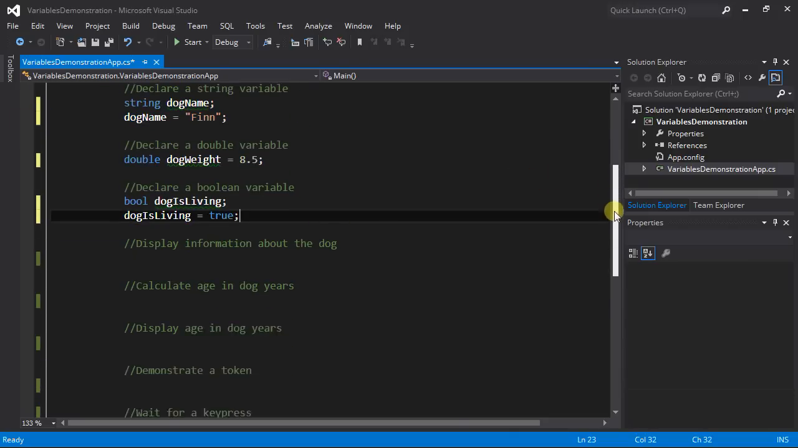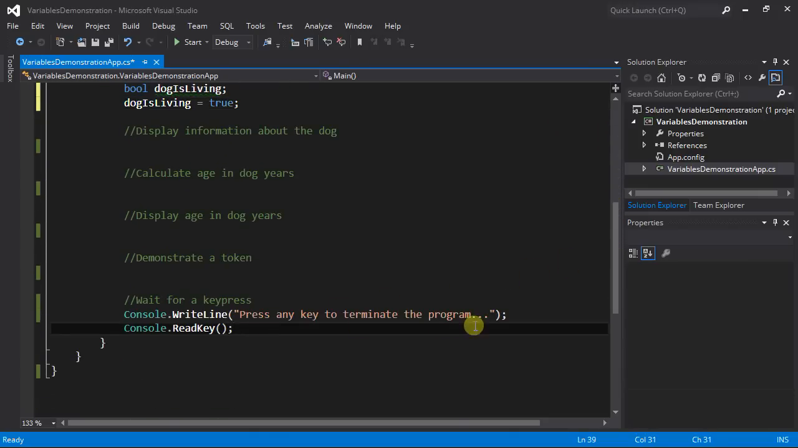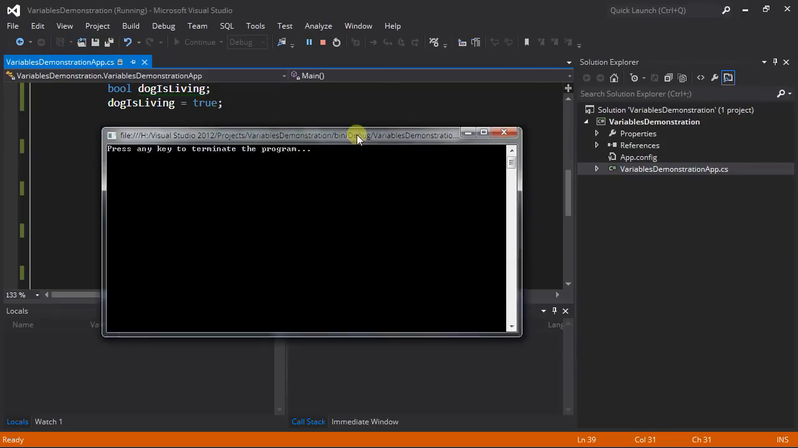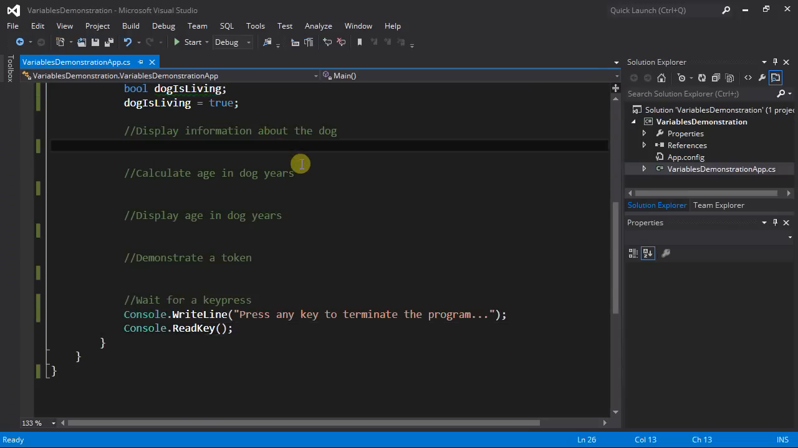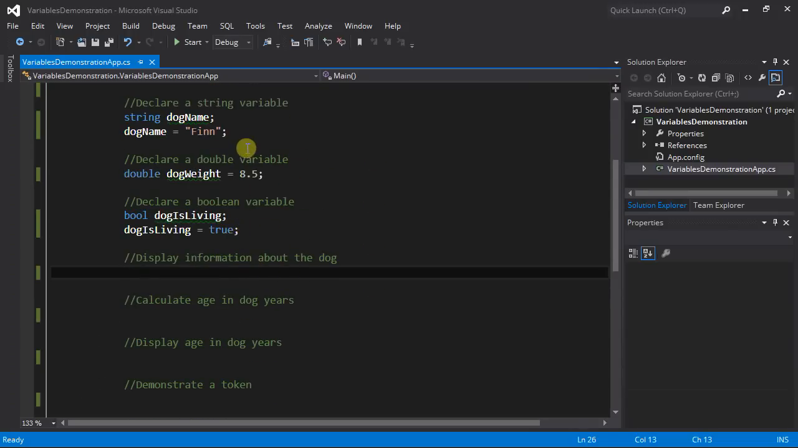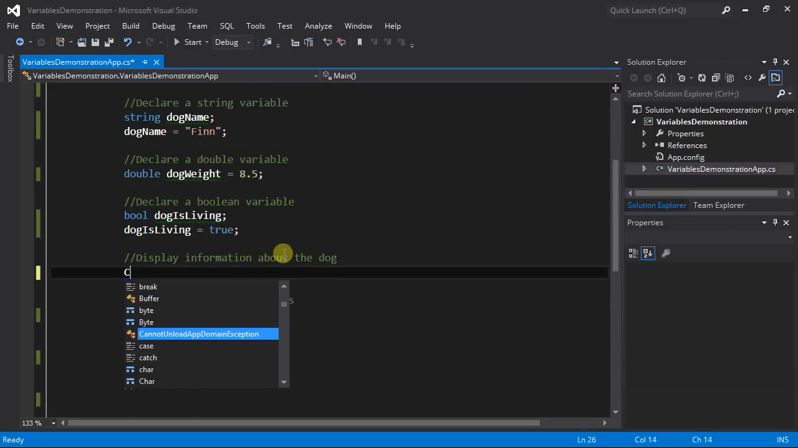And down here at the bottom, I didn't show you this before, but all I'm doing is waiting for the user to press a key to terminate the program. I prompt them with this Console.Write line, and Console.ReadKey is waiting for the next key press on my keyboard. So when I run this, I wrote all those lines of code, but nothing's showing up yet. And that's because declaring variables and assigning values to them isn't necessarily going to create any output. And so now I want to display some information about that dog from the variables that I declared up here. And I'm going to do that with